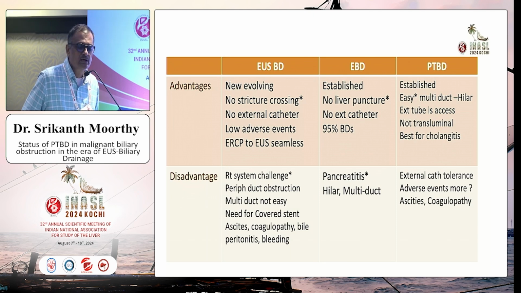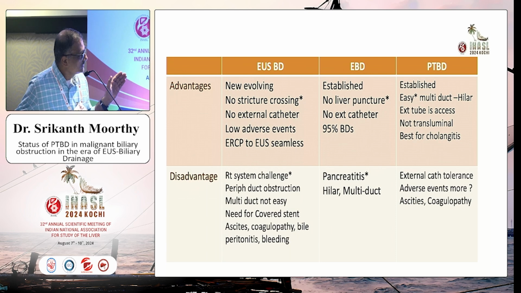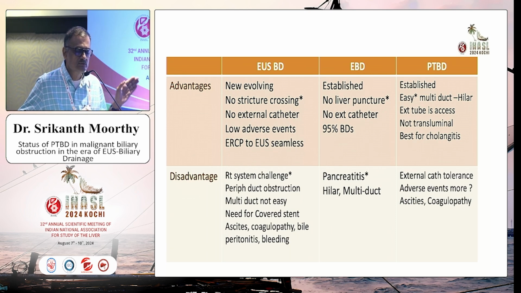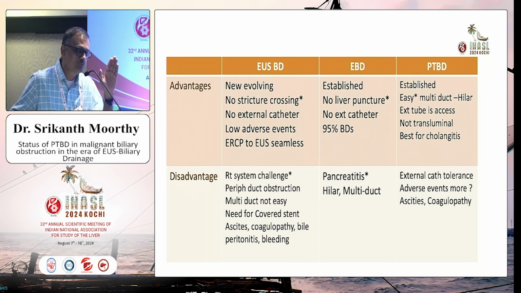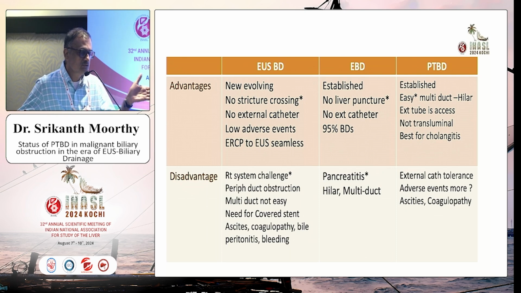So it's a mixed bag, and if you want to put everything in context, I would say that essentially there are some great advantages with the EUS. If you have a failed ERCP situation, the switch to EUS will be very easy. But if you want to, in that situation, drain the right side, you're talking about a much more difficult procedure. And if you want to drain more than one duct, it's particularly problematic in the current situation. Either you have to go bridging from the left to the right, or you will have to use multiple drainages, accessing the right and the left systems. It's not very easy at all.